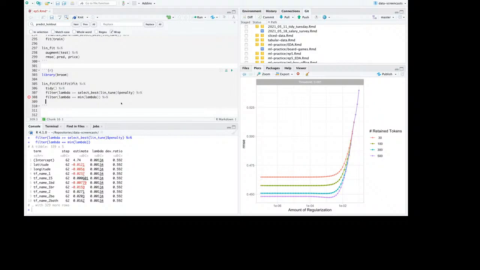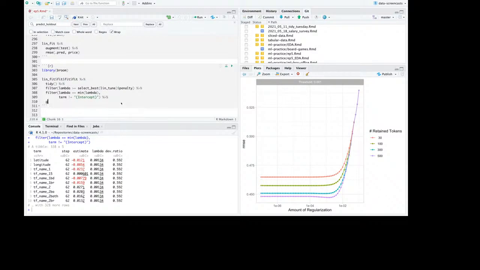But yeah, it doesn't matter. The filter, I'm trying to get one lambda value, and I say term is not equal to intercept. That's a boring one, it's not an interesting one. And I do top n 20 absolute value of estimate. Let's make it 40. What are the most important terms? Term estimate, term geom col, mutate,